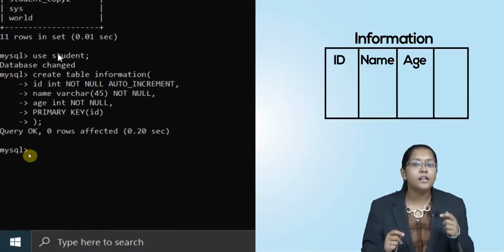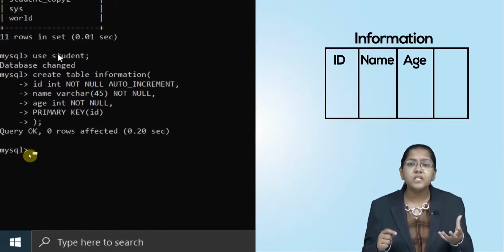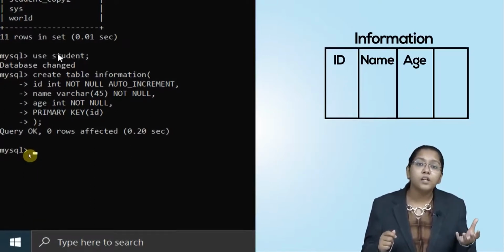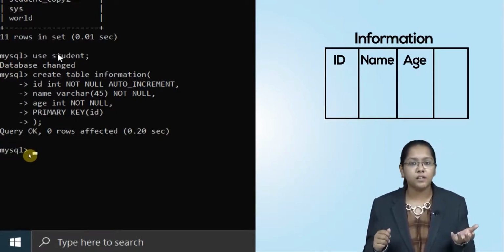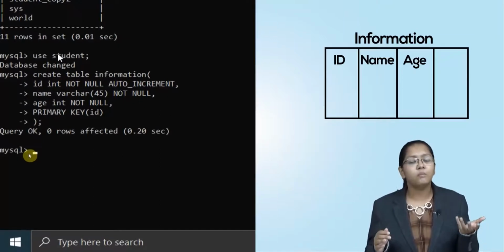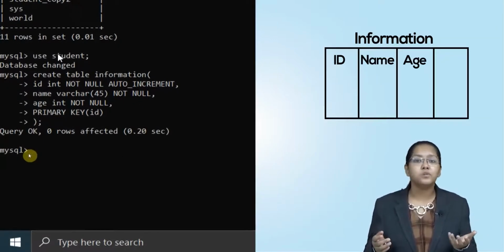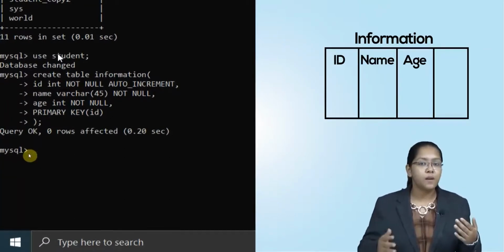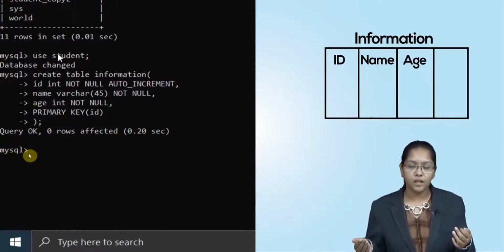Now, ID is what? There also I took the example of ID only. ID is nothing but a unique number for a particular student, right? Let's say take ID as roll number. For every student the roll number is different, or if you take the registration number, for every student the registration number is different, right? And the moment the student comes for admission, the registration number gets incremented, right?